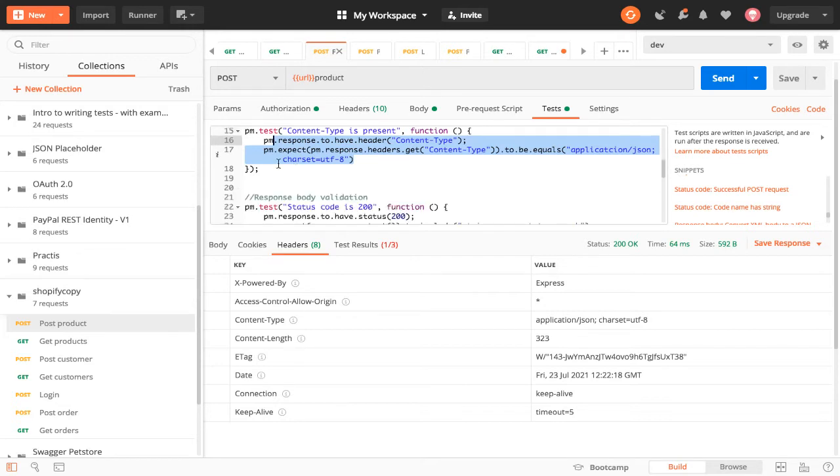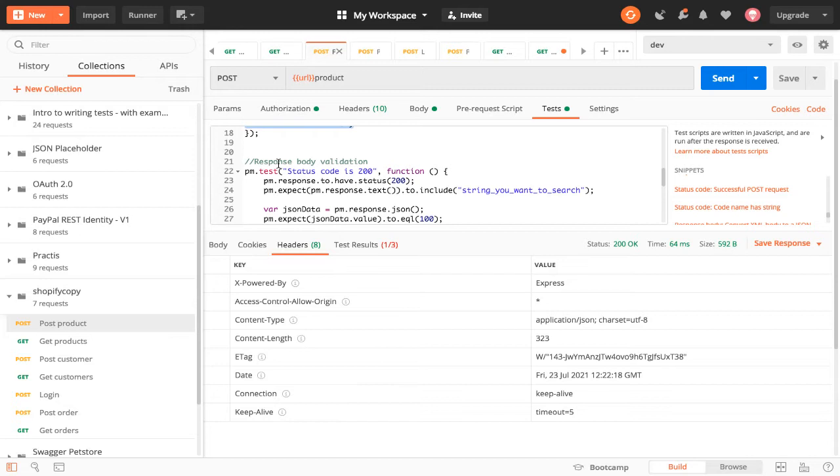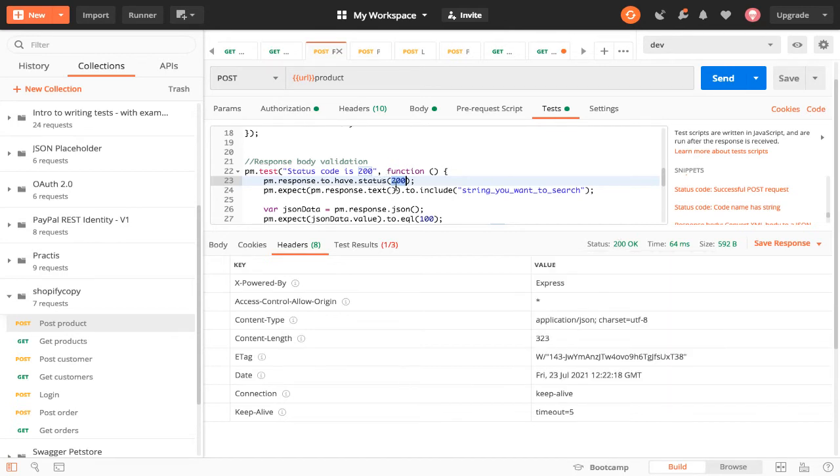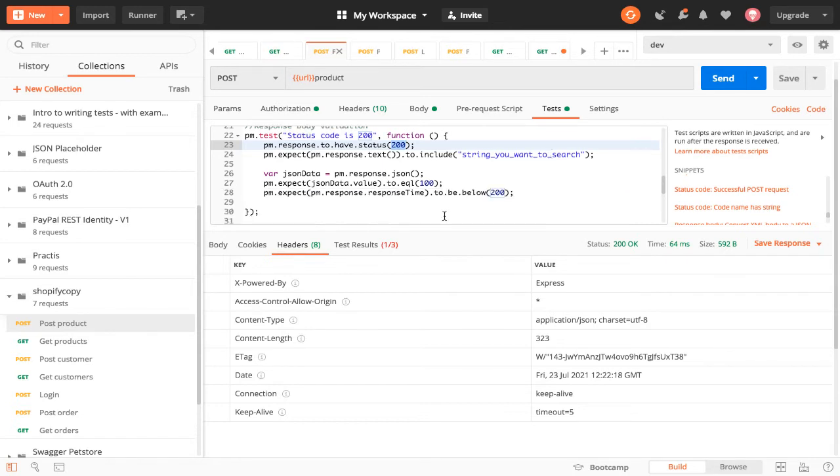Now if you want to check some actual content in the body, then what you can do is, if you want to check the response code, say 200, as you can see the status or the response code of this particular request is 200. So you can do it that way, pm.response.to.have.status(200). Then if you want to check that the response contains a specific string, then you can use this syntax: pm.expect(response.text()).to.include, the string you want to search, and then there is